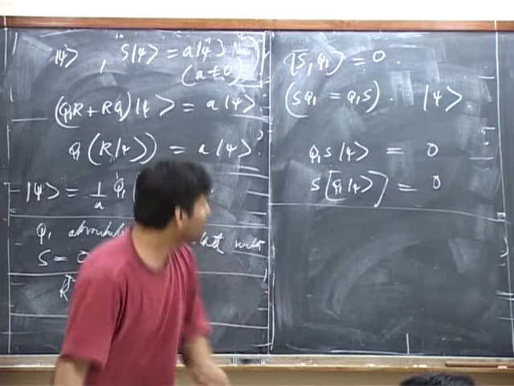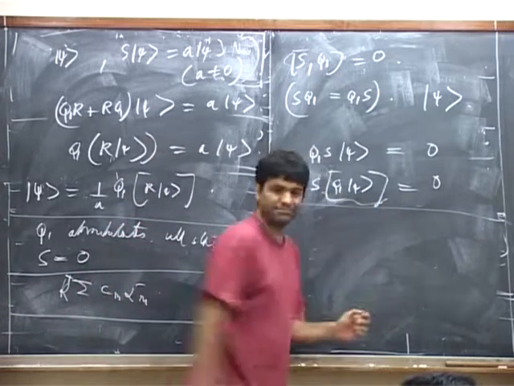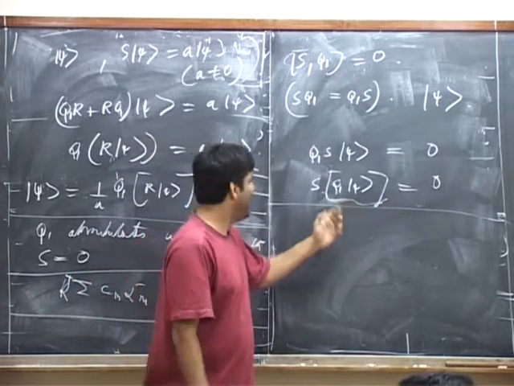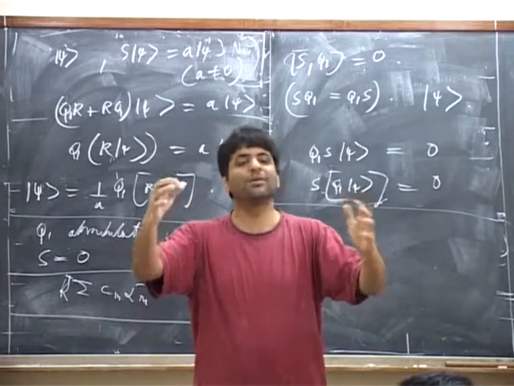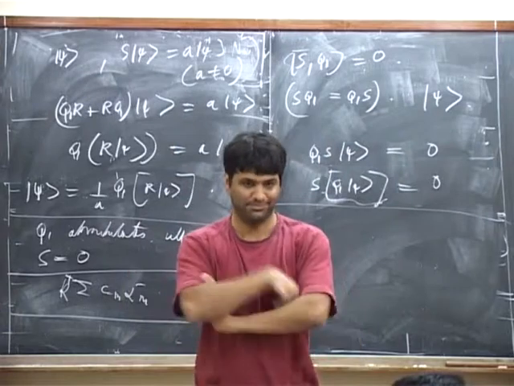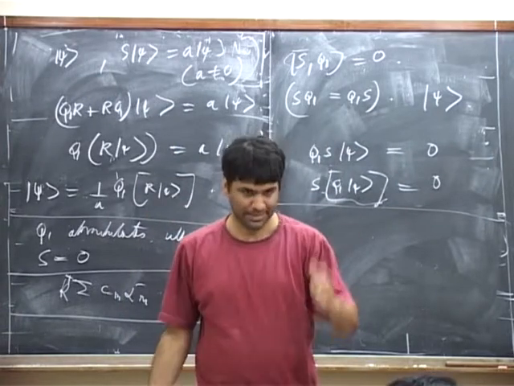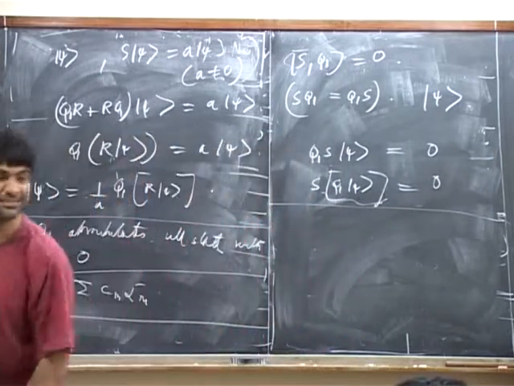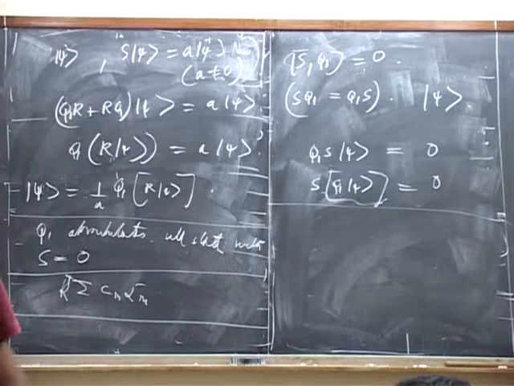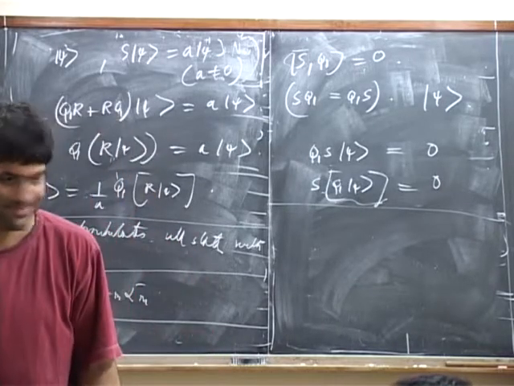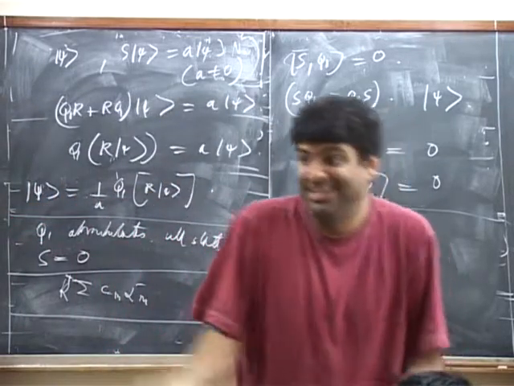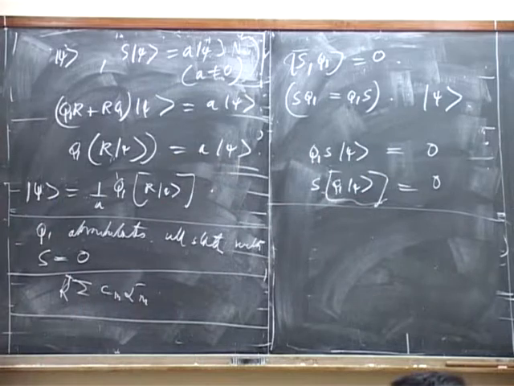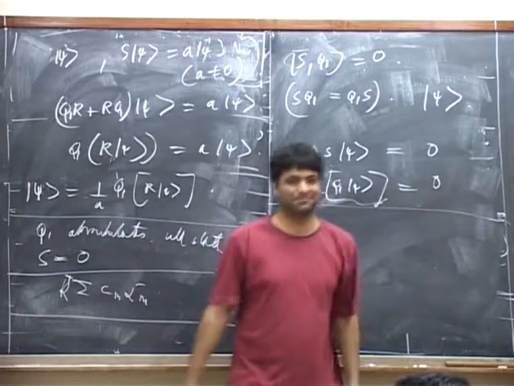Is this clear? So Q1 psi, okay, is some state which has S equal to some non-zero value. It's a decomposition of states with non-zero values of S. But the kernel of S with non-zero eigenvalues of S is 0. There's no state with non-zero eigenvalue of S, of course, for which S on that state is equal to 0.